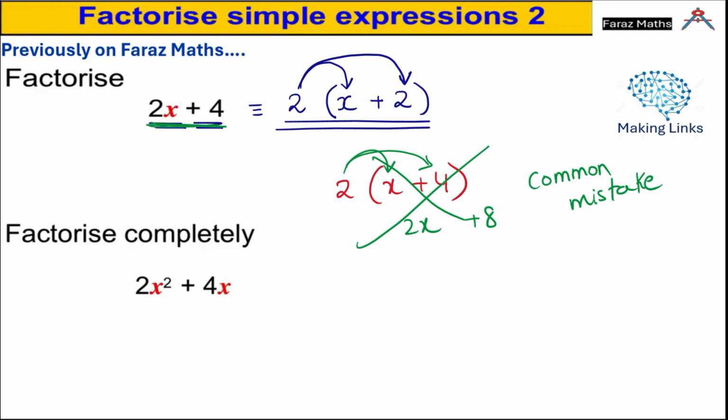Okay, the next one, 2x square plus 4x. So again, in between 2 and 4, the highest common factor is 2. So you have to make the bracket, but here x square and x. In between x square and x, the highest common factor is x. We always have to identify the lowest power. So where is the lowest power? This is the lowest power. x power 1 is the lowest. So that's why 2x is the HCF in between 2x square and plus 4x. And then you have to do 2x times x is 2x square, 2x times plus 2 is plus 4x. Okay, coming to the next.